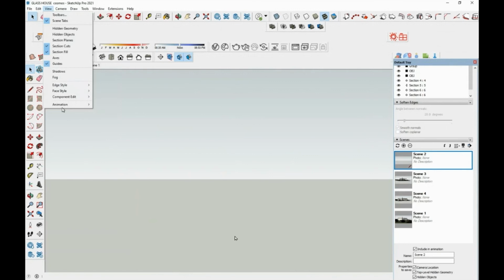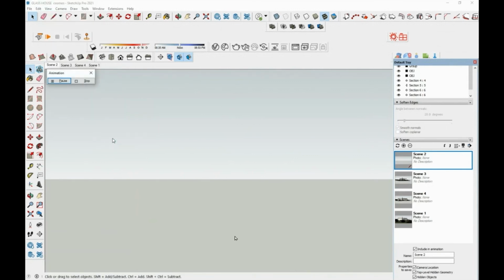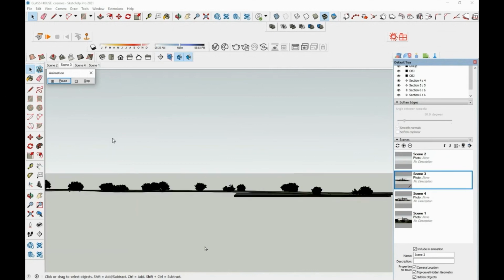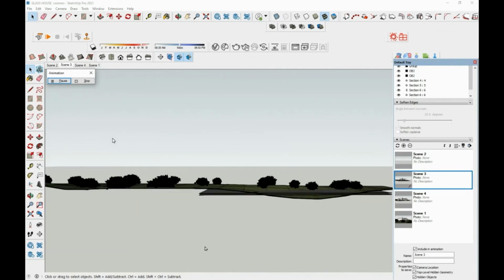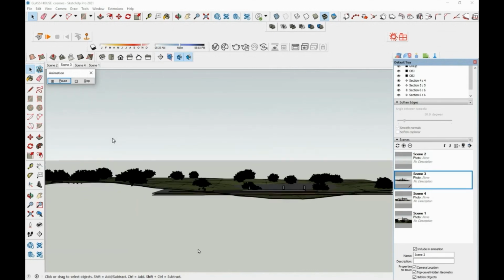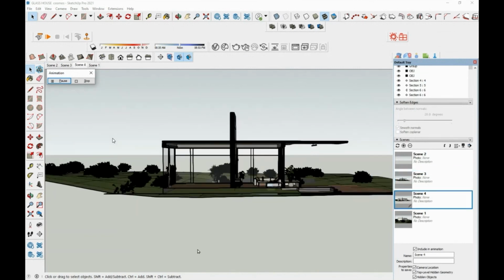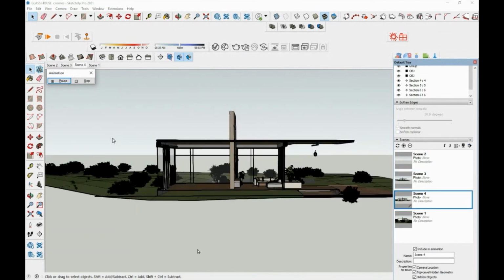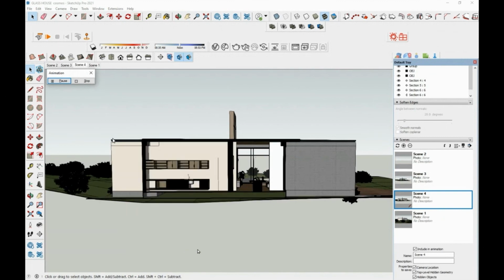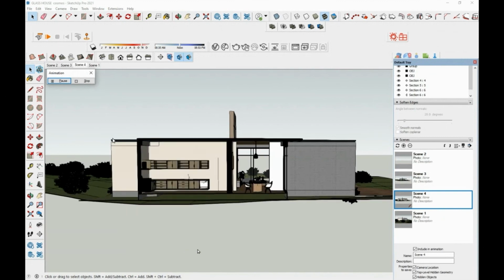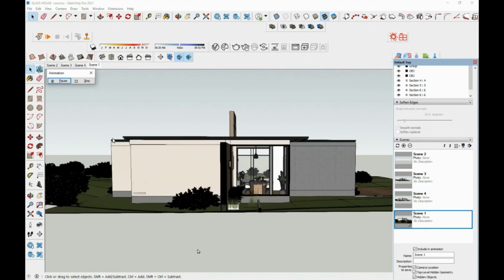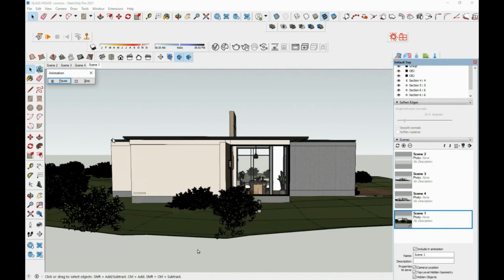Now just start playing the animation. See, here you can see a smooth transition between the section planes. And this way you can create any kind of animated sections. What I felt is that this kind of animation in presentations will be very useful, and it will make people more engaged and convey more.